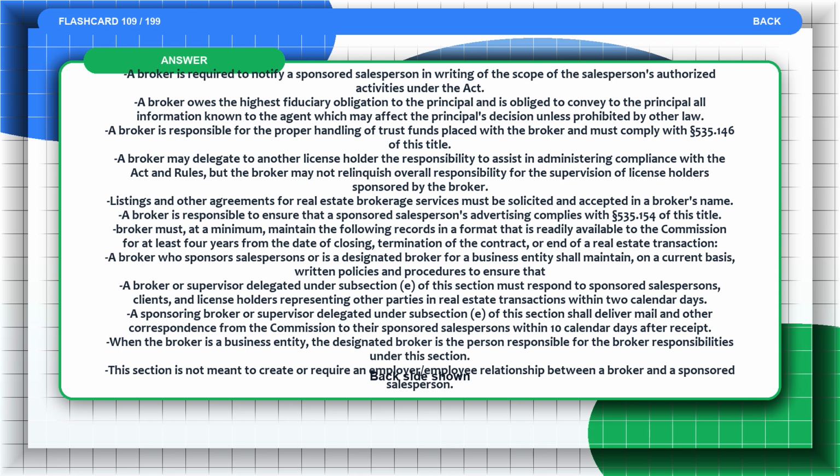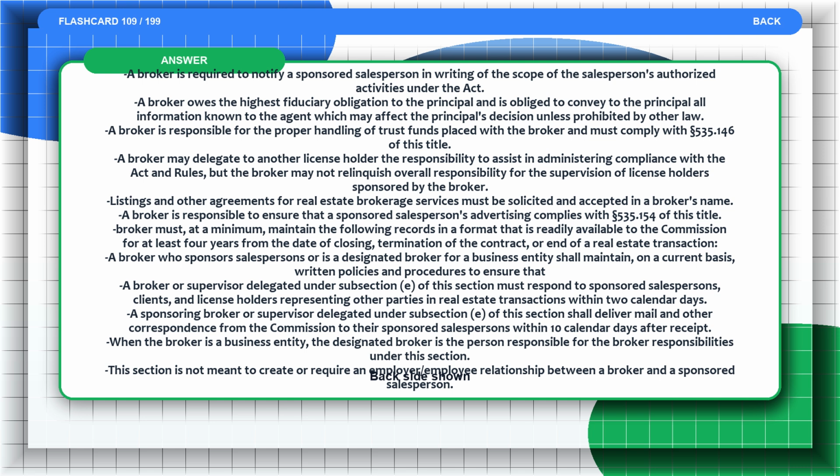A broker is responsible to ensure that a sponsored salesperson's advertising complies with Section 535.154 of this title. Broker must, at a minimum, maintain the following records in a format that is readily available to the Commission for at least 4 years from the date of closing, termination of the contract, or end of a real estate transaction. A broker who sponsors salespersons or is a designated broker for a business entity shall maintain, on a current basis, written policies,